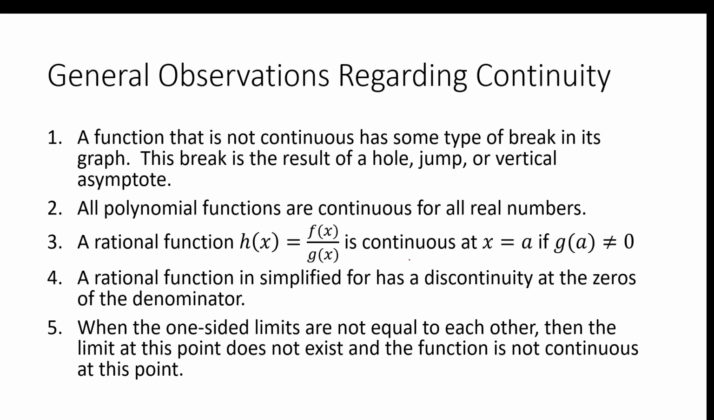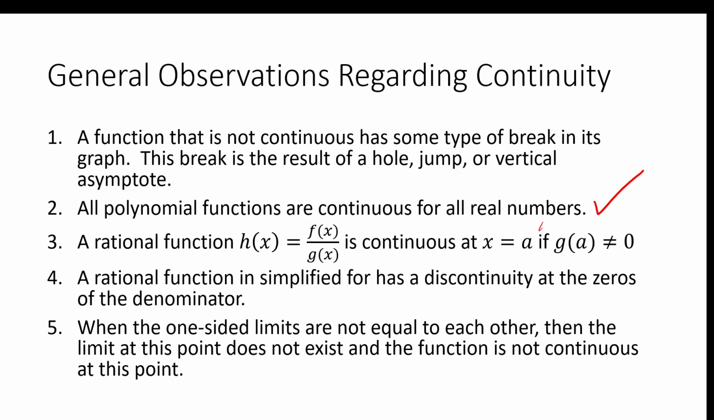So one of our earlier questions was just a straightforward polynomial function. Something you can now remember is that all polynomial functions are continuous for all real numbers. We actually mentioned that in advanced functions. Now, a rational function h of x equals f of x over g of x is continuous at x equals